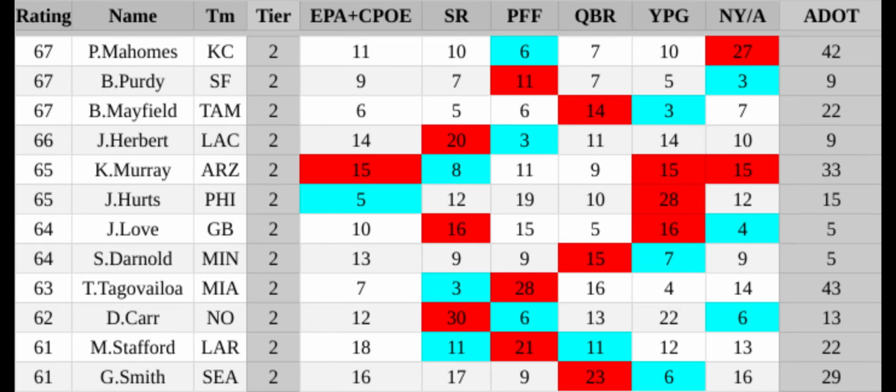And with Geno Smith, he was a very interesting combination of things because that sixth in yards per game, they were getting after it in the passing game pretty well, but he wasn't throwing deep, as evident by being 29th in average depth of target. So he was methodical, and PFF backs it up as well.